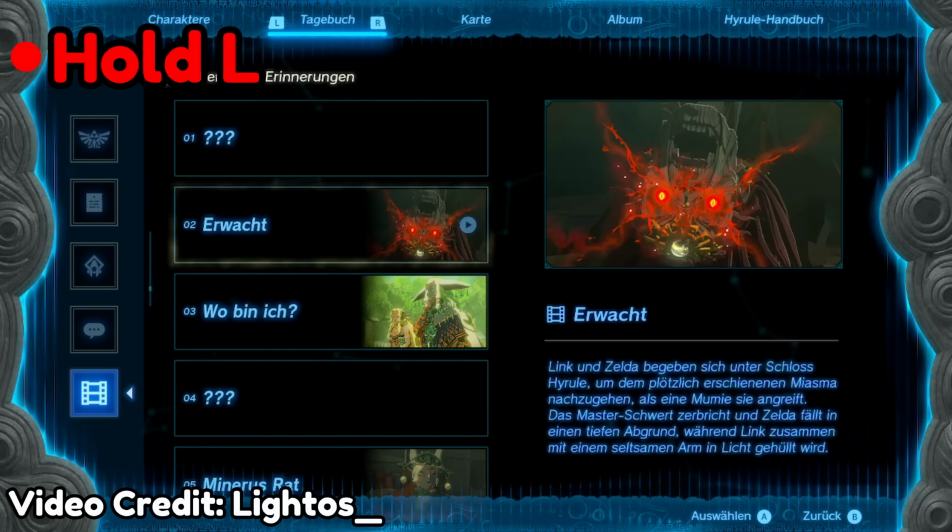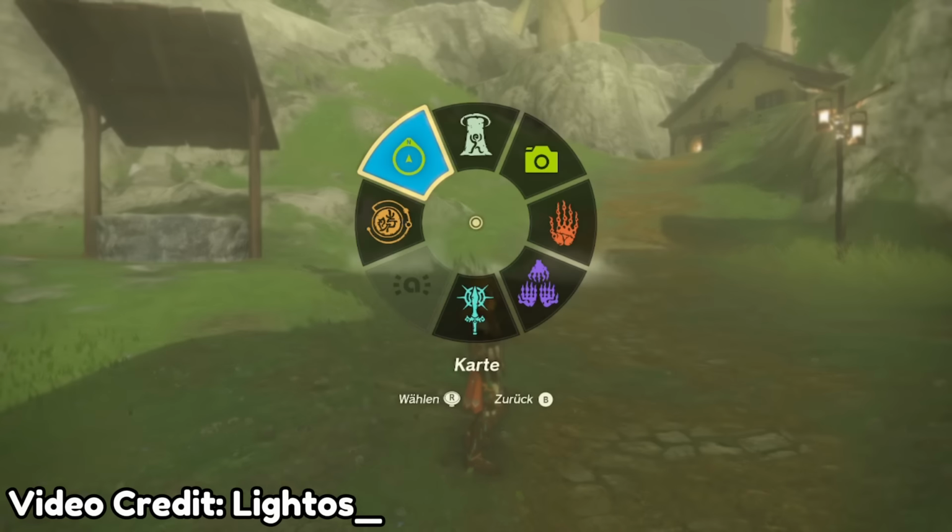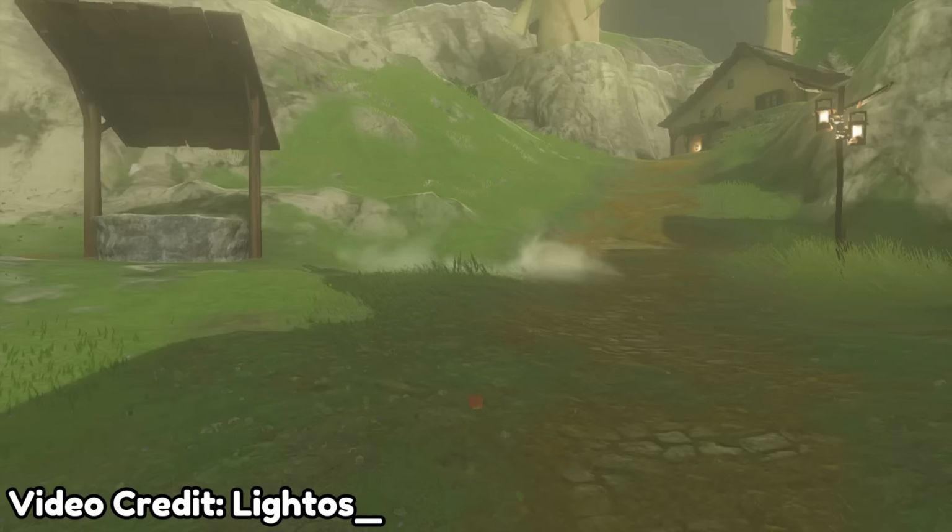While still holding L, close the menu and your ability wheel will come up. Select the map rune and open it up. Now press plus to get to your inventory, hold your apple, and close out. This method is far from consistent, but it's an alternative if you're having trouble with the timing or just don't want to put up with trying it. But with that all out of the way,